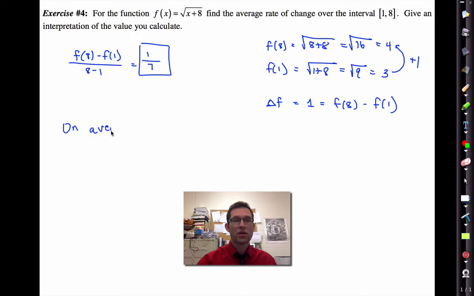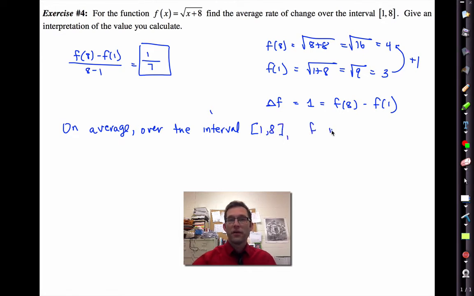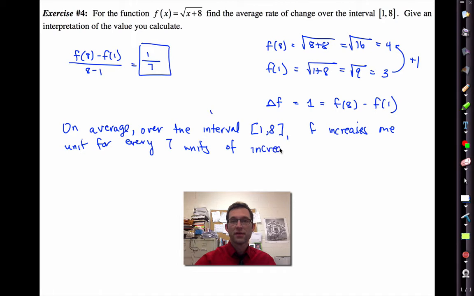interpretation: on average, over the interval 1 to 8, f increases 1 unit for every 7 units of increase in x. So it's a simple interpretation, right? That slope of 1/7. Now there's some key words, by the way, in this explanation, and I want to make